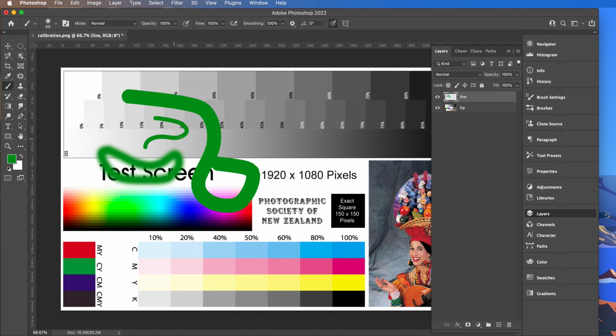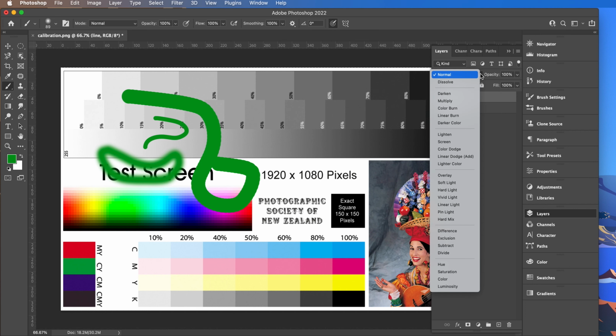One other thing we'll look at, which I did mention earlier, is we've got an opacity on that layer. So we can reduce the opacity of these green lines to make them transparent. And as I said, we can play with the blending modes of how the two layers blend together. So you'll notice that at the moment,